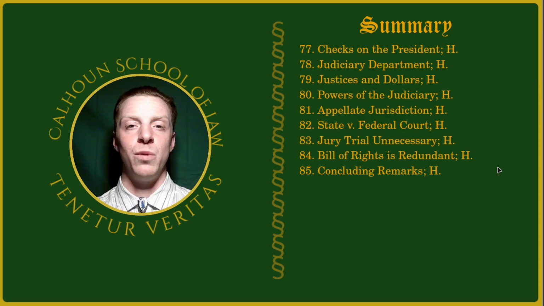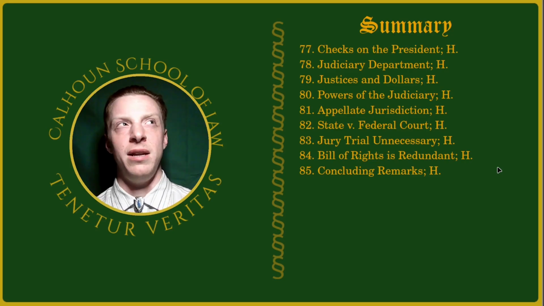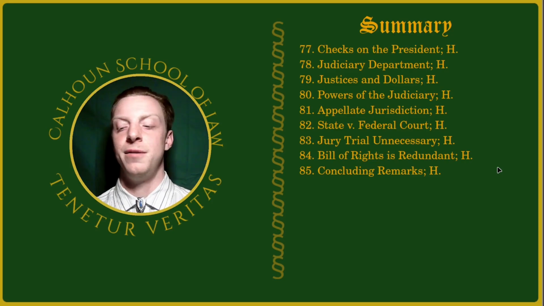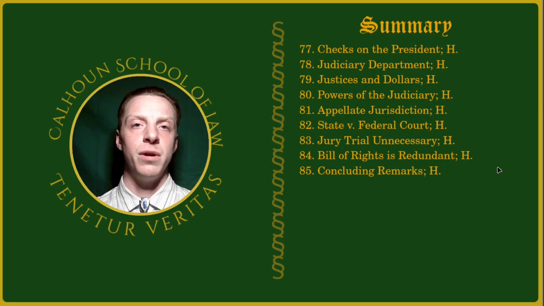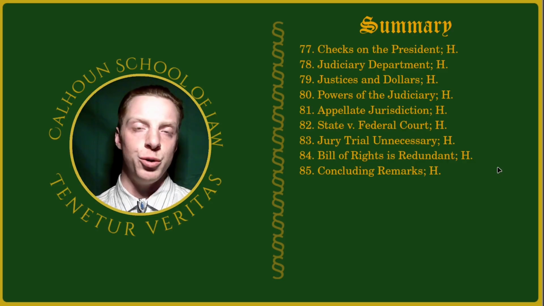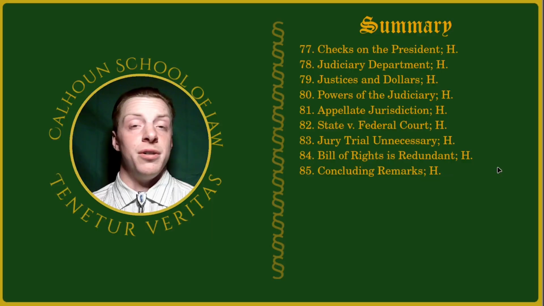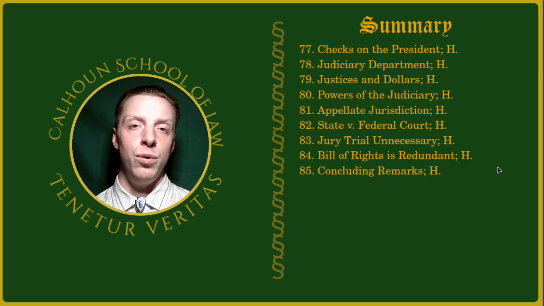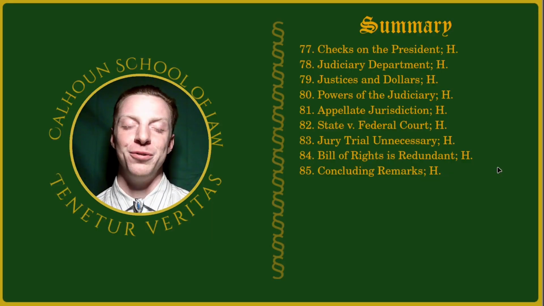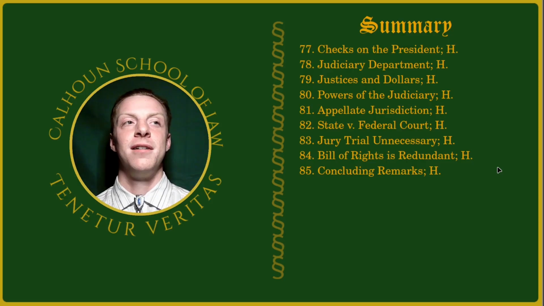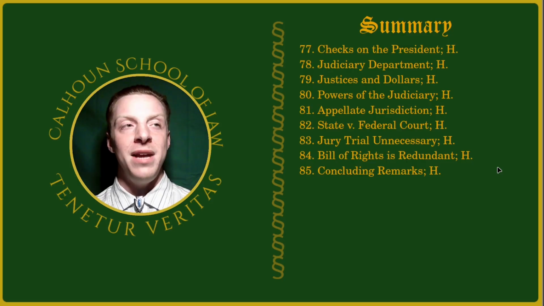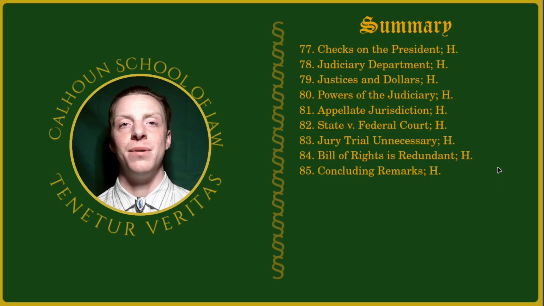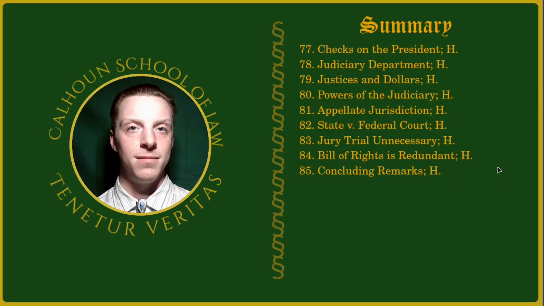This one's another important one. 78 is definitely more explicit about exactly the extent of the judiciary, but 80 is pretty good as well. Because I think it was 80, it's 78 or 80, where Hamilton said the judiciary is not the supreme arbiter of what is and what isn't constitutional. The legislature is not the supreme arbiter of what is or isn't constitutional. He says, in fact, what I mean to say is that the will of the people is supreme to both.